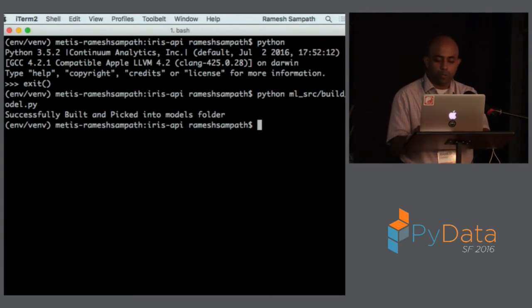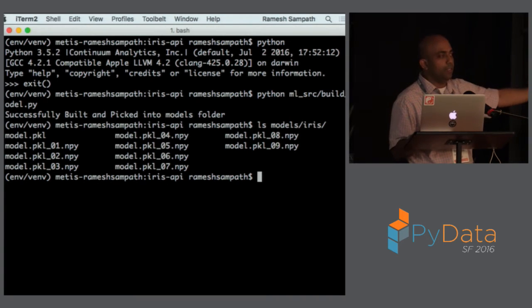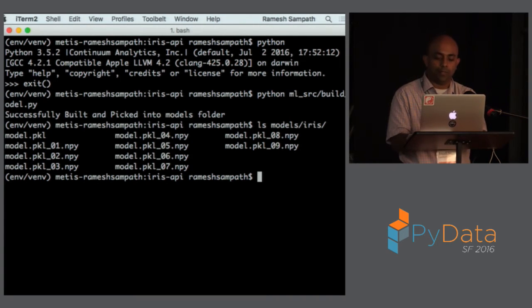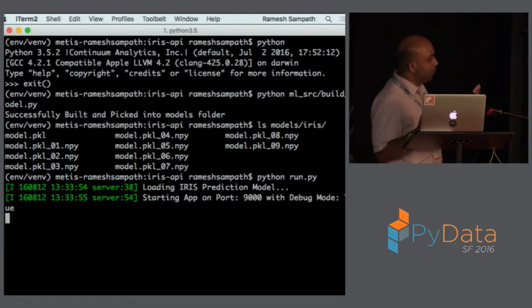Okay, and then it's going to put the pickle in my models folder. It's going to put this pickle along with all the NumPy arrays in this models folder. That's really all that is doing. Okay, we'll look at the code shortly. Okay, after that, I should be able to do python run.py. Okay, if you do python run.py, you should get this, which means that